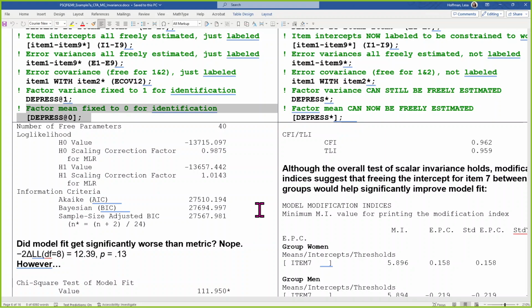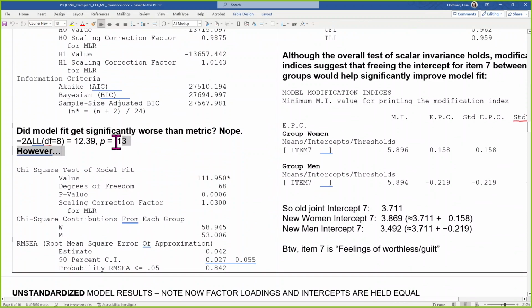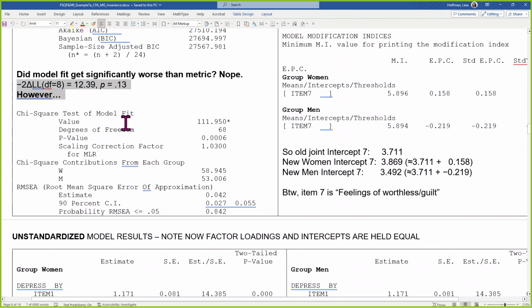In the chapter, the author decided, oh, we have full scalar invariance because the overall omnibus likelihood ratio test was non-significant. Okay, that's a reasonable thing, but I'm concerned about the fact that we're testing 8 things at once. And it could be the case that like 7 of them are fine, but 1 of them isn't, and you wouldn't know that by testing everything at once. So even in the case where you could technically say, yeah, this is good enough, I still tend to look